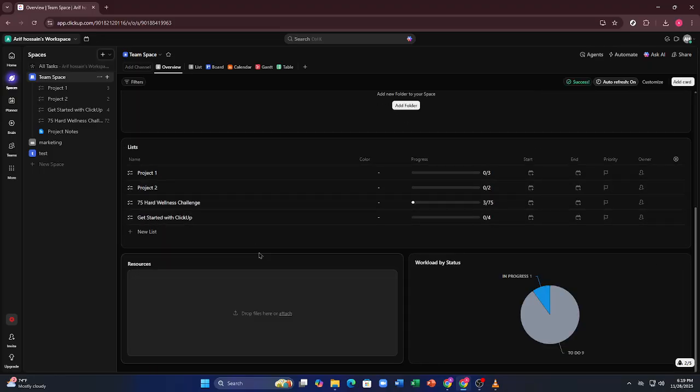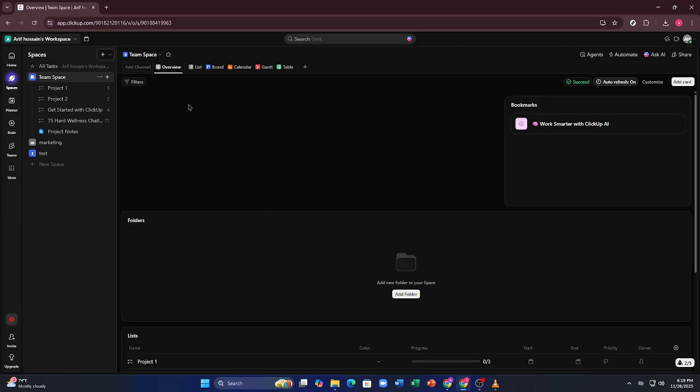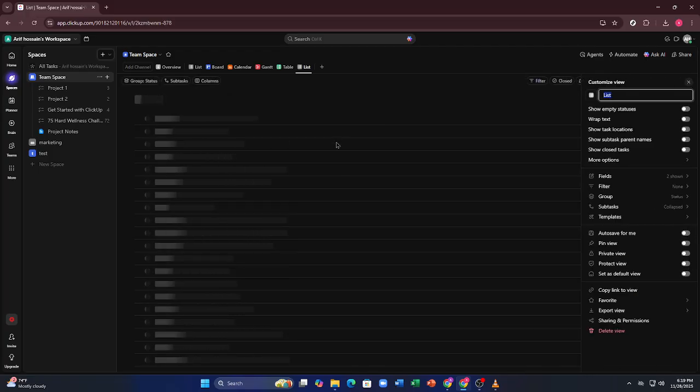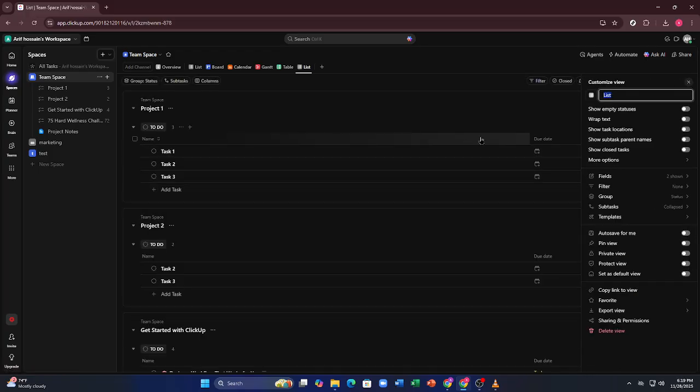Once your setup looks right, look toward the top right of the view bar. You should see a button that says Save View. Go ahead and click that. If it's your first time, it might say Save or Save Layout. Same idea. Now you'll get a little menu asking whether you want the view saved for just yourself or for